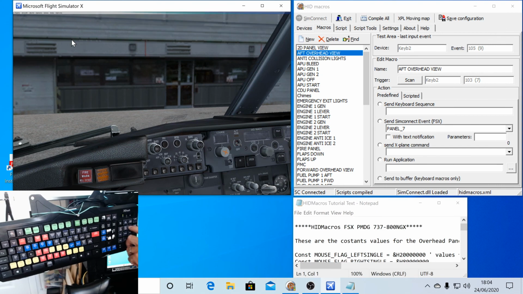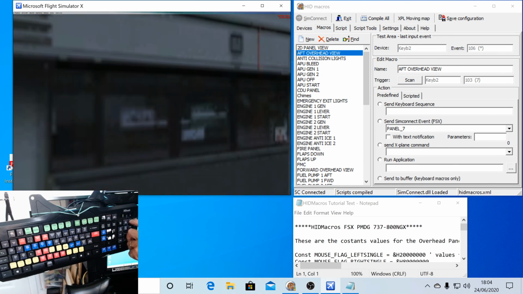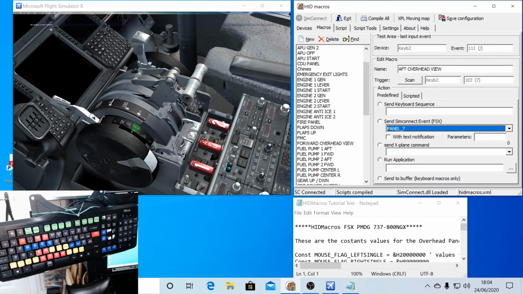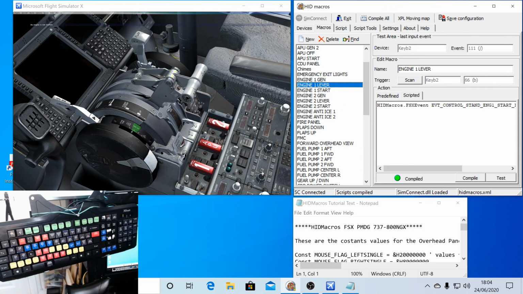I've got lights panel, FMC, radio panel, CDU panel, fire panel, they're all working, 2D view, it's all good, spot view. You can use levers as well as switches, again just programmed here into levers. I've got engine 1 lever, there's the control code in there. So if I do engine 1 lever, if I do fuel cut off valve,